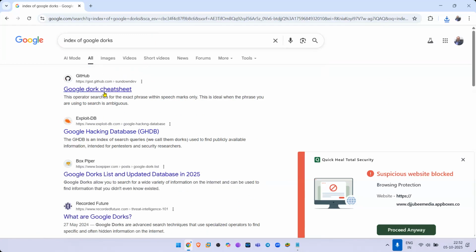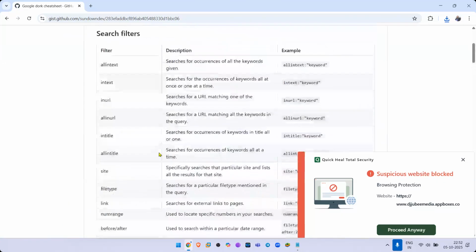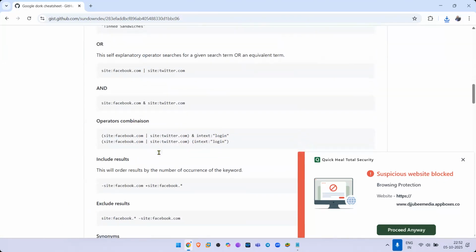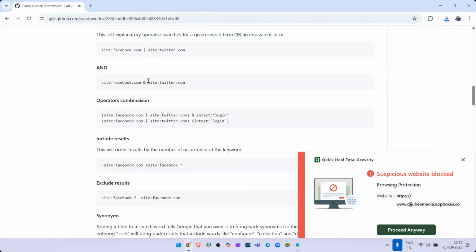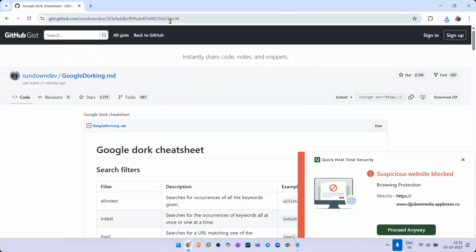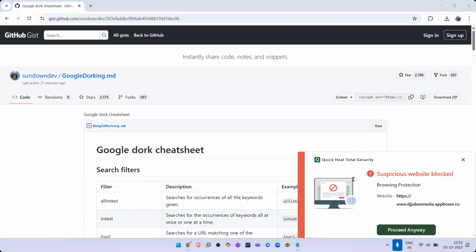Index of Google Docs, this is what you wanted. So there's a whole cheat list of Google Docs. It's a huge number of files over there. These are some of those operators that you can use. I'll just share this link in the chat box for you guys. Rather, I'll just give you the command.